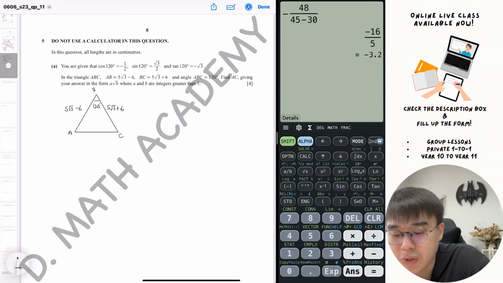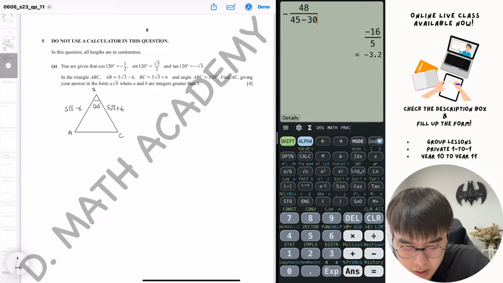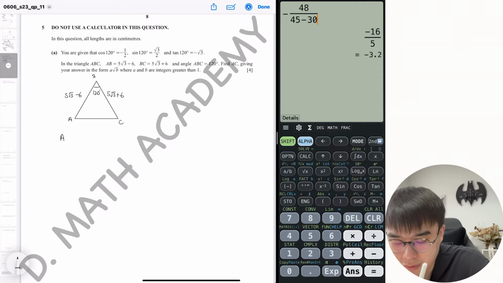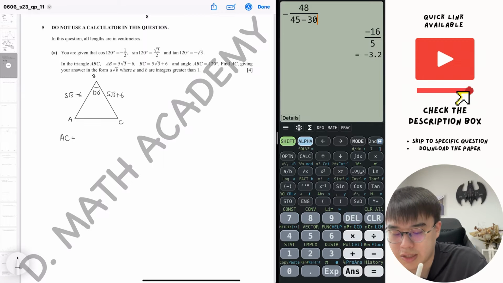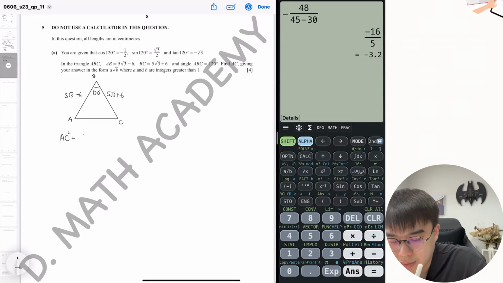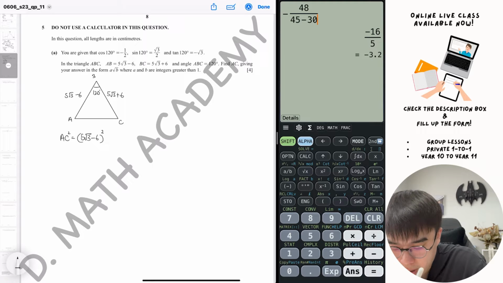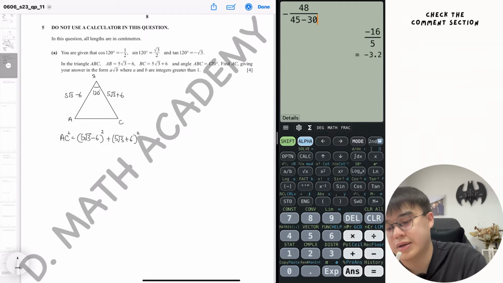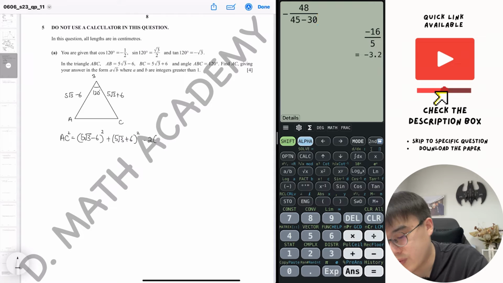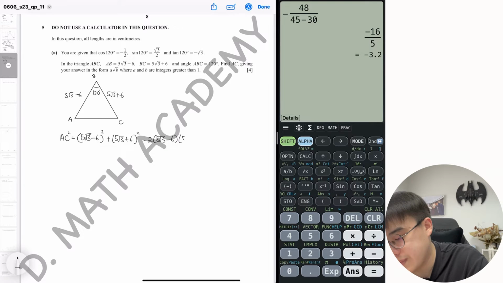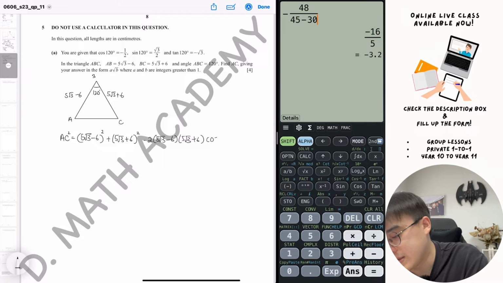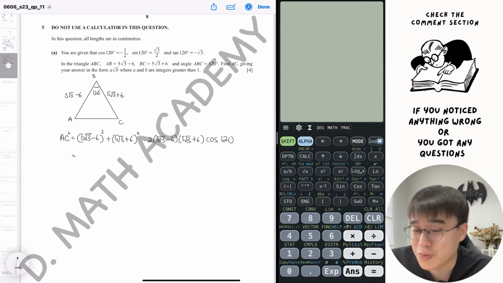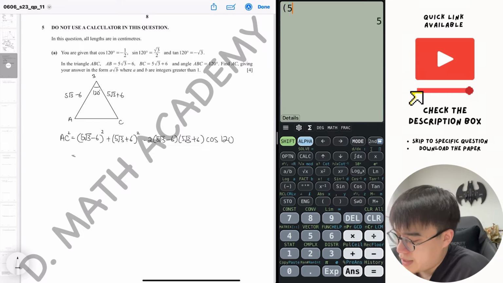And they want us to find AC, which again verifies my first assumption. It is actually about the cosine rule. So AC squared is (5√3 - 6) squared plus (5√3 + 6) squared, and then minus 2 times (5√3 - 6) times (5√3 + 6) times cosine 120. So first thing first, although they say do not use a calculator in this question,